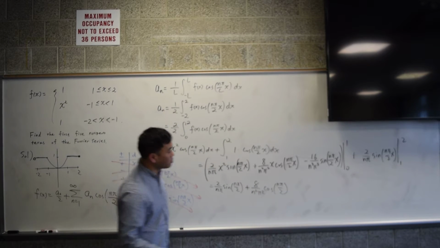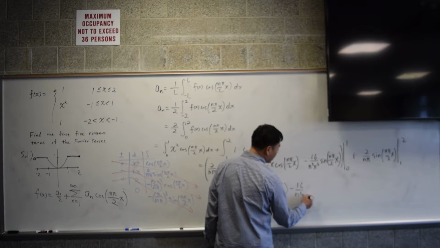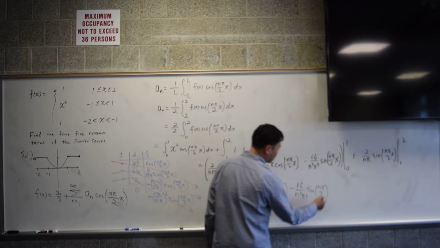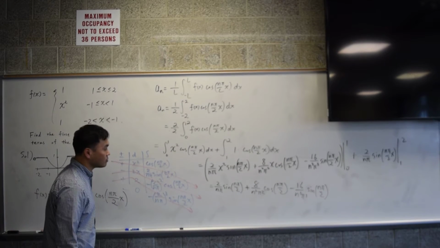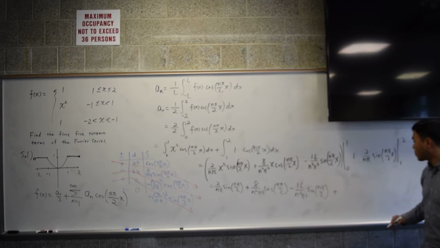And then when you plug in 1 here, that's minus 16 over n cubed pi cubed sine n pi over 2. And then plus,